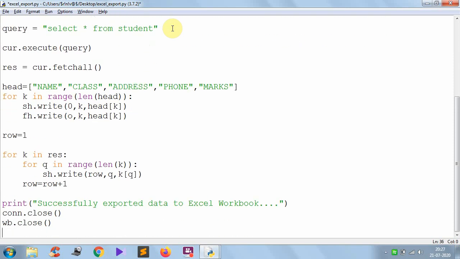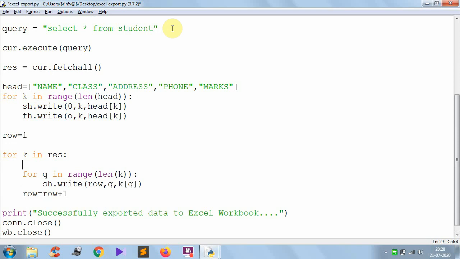Now I want to write the data. On which basis do I want to write? Based on the result marks. Here I already fetched all records from the database, and now I can do manipulation row by row.